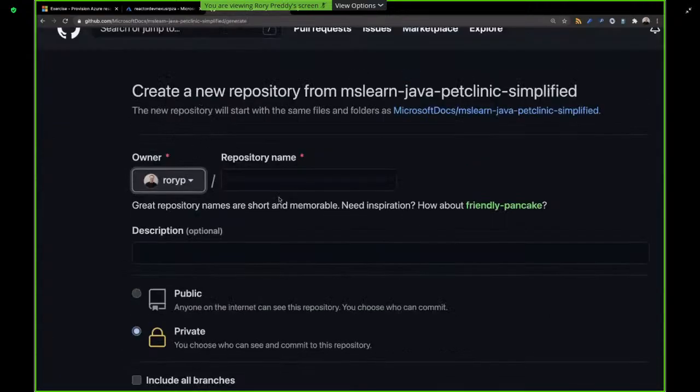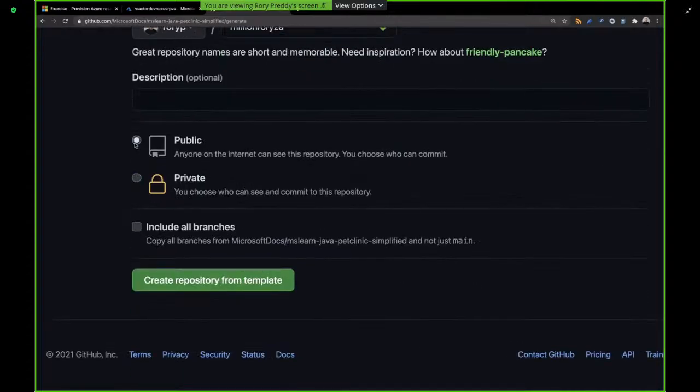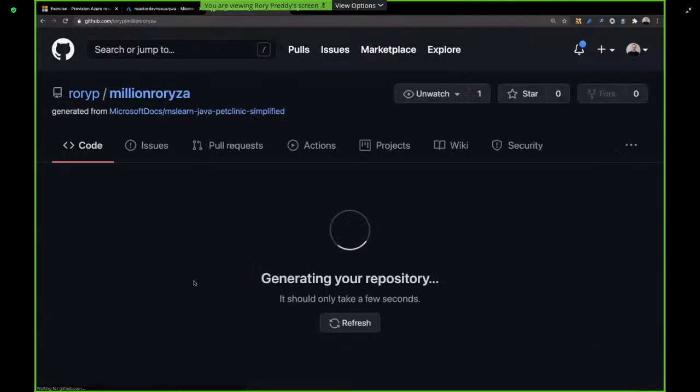I'm going to call this million Rory ZA. Okay, we'll call it that. Now, if I can do private or public, I'm going to do it public there. Create repository from template, and it's going to go create it for you. Now, what's going to happen is it's going to trigger the GitHub Actions immediately, but we need to go change